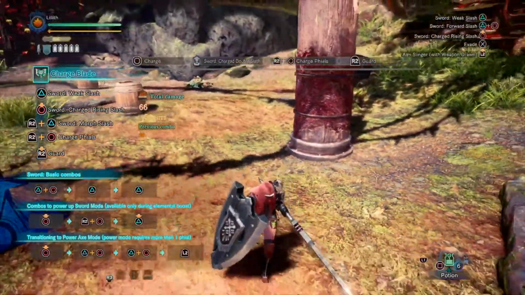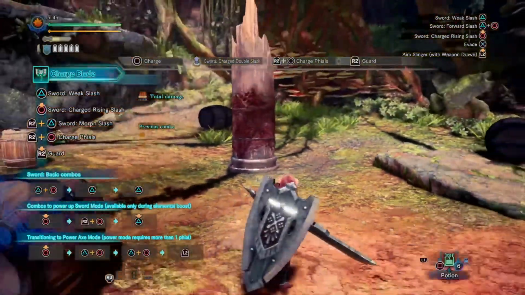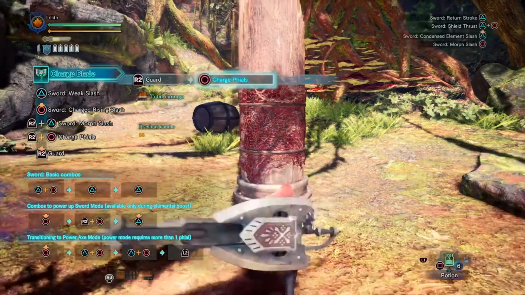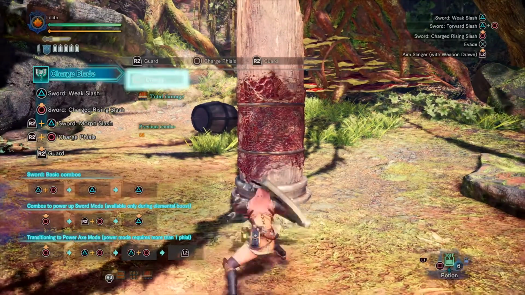So now what I'm trying to remember is, how do I actually store it into my shield? I'm having a brain fart. Because I thought I just hit R2 and circle. R2, circle. Am I...